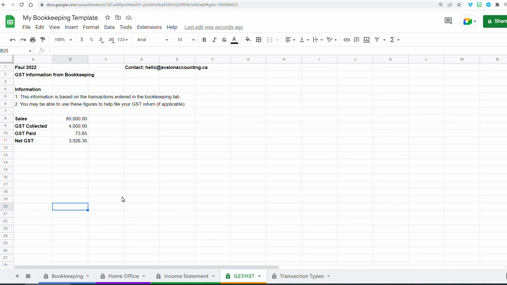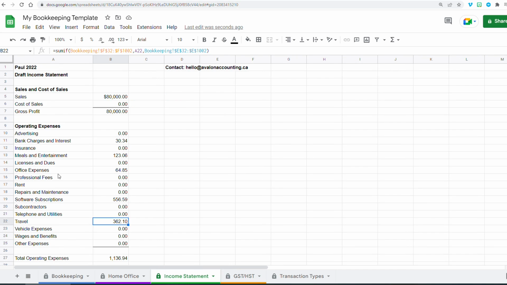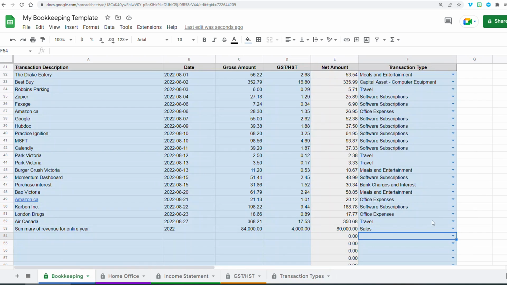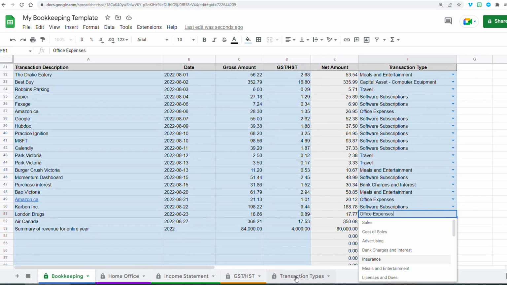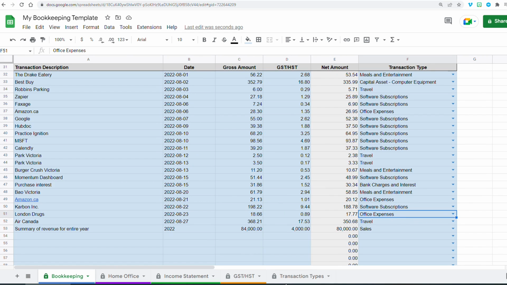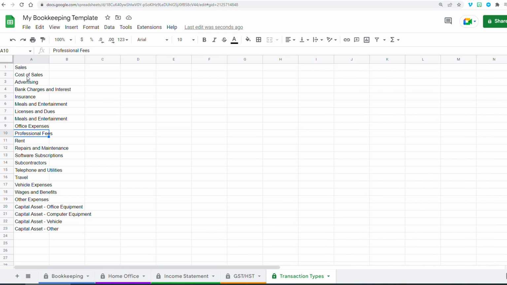There's just a few important things to keep in mind. So if we look at our income statement, we have a list of the expense categories, and they have to be identical to the list that's over here. The list in the transaction types is what populates the drop-down list, and then it flows into the income statement using a SUMIF function. So this is the key: if we make any changes to the transaction types, for example, if we change telephone and utilities to just utilities,